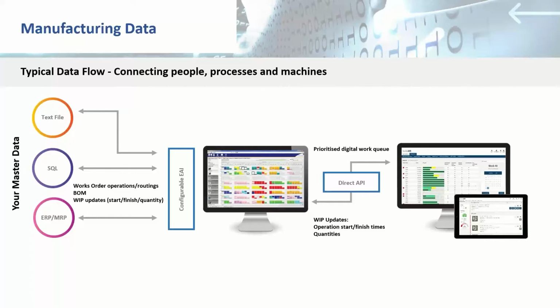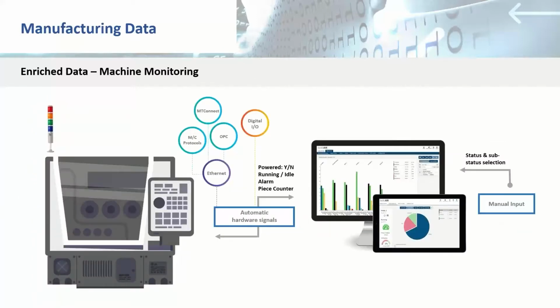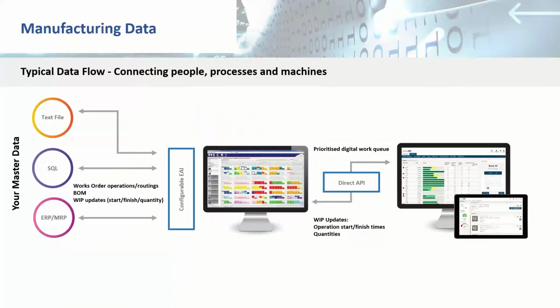So in the next section, we're just going to cover that data flow and the information that can be obtained from the shop floor and how we might use it. So on this particular slide, what is it that we mean when we speak about data flow? Data is used to connect people, processes and machines. By allowing the data to move efficiently between the office and the shop floor, you can achieve a seamless flow